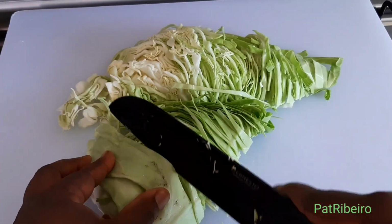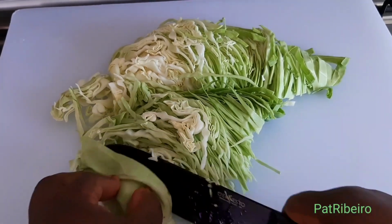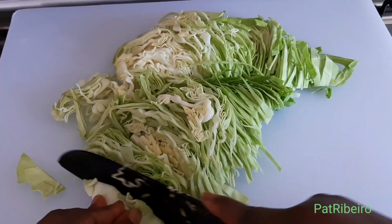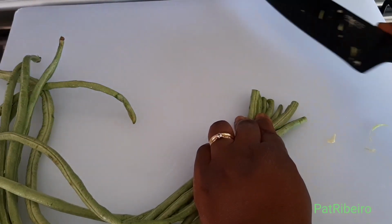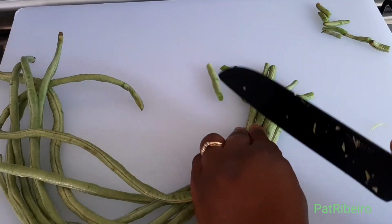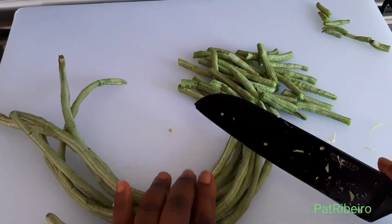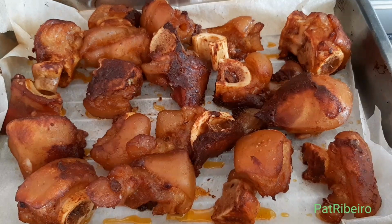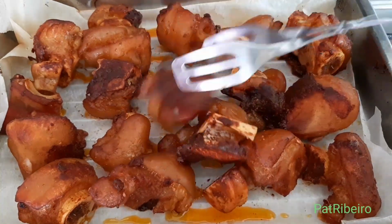And now I'm slicing my cabbage. I love doing it manually because I really like to cut them into the nice shapes that I want. But you can also use a food processor if that is what you prefer. And I'm just going to cut these green beans. So as I said, you can also use any vegetables that you prefer. So here you can see the pork feet is really grilled nicely, and I'm just going to start with my